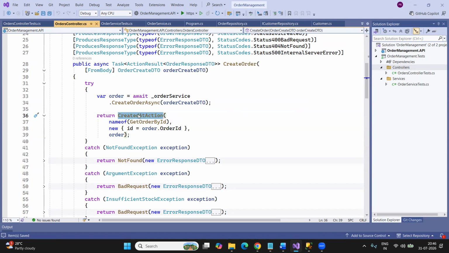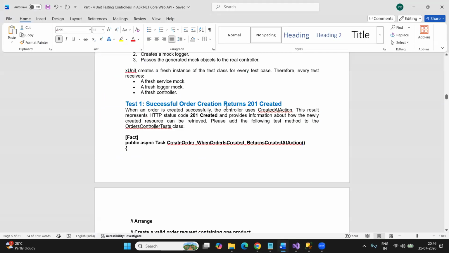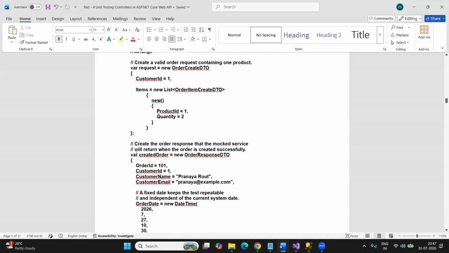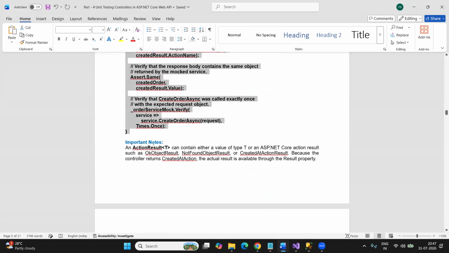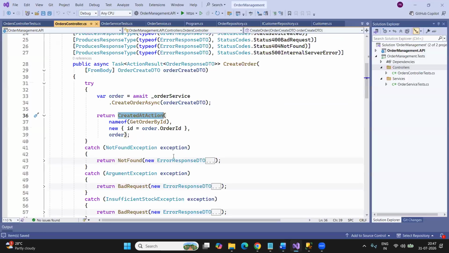CreatedAtAction means what status code it will return when the order is created. 201. 201. So what do we need to test? A successful order creation should return me 201. Now guys, remember, while we are performing unit testing, it should not have any dependency on the actual service